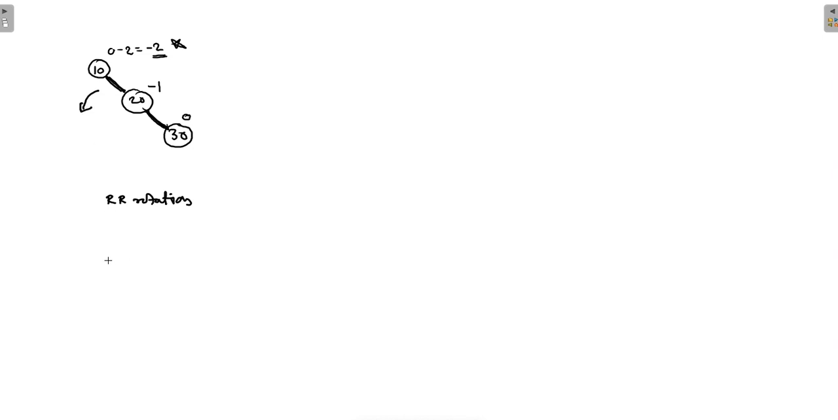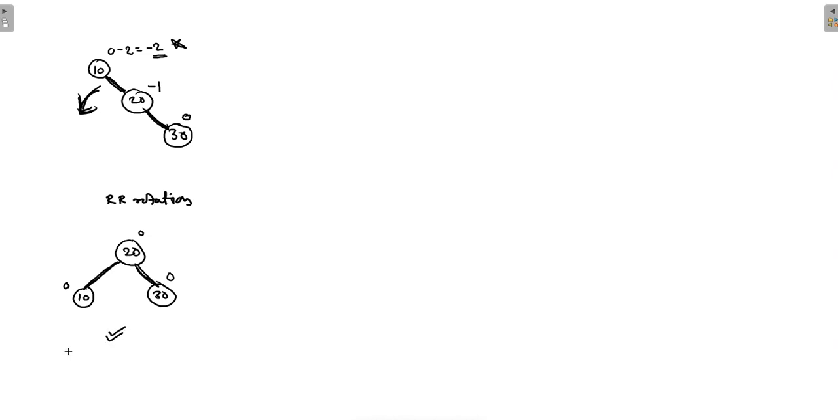So after rotation this tree will look like this: 20, with 10 rotating down towards the left, so it is rotated to the left child of 20, so it becomes 10, and 30 will remain at its own position. So you just rotated this 10 towards the left-hand side of 20, meaning downward. Now if you calculate the balance factor, you will get 0 minus 0. For 30 again it is 0, and for 20 it is 1 minus 1, because the left subtree has height 1 and the right subtree also has height 1. So the balance factor for this is 0. Now this is your